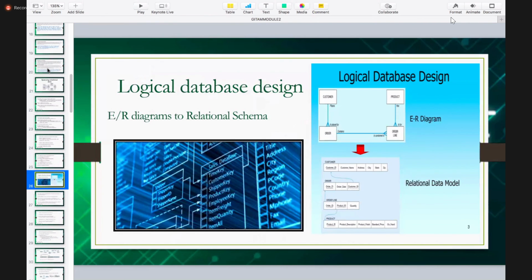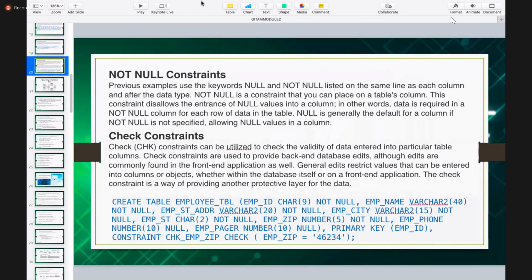Table level constraint. Yes, ma'am. Okay. So see here. So when I specify a constraint name soon after the column, this is the column, you know, right? Column, and how we give column with the data type, right? What is the syntax of create table? Create table, table name, column 1, data type, and then constraint. Okay, so this is the syntax. How are we giving it? We give the column employee ID, data type is character, constraint is not null.